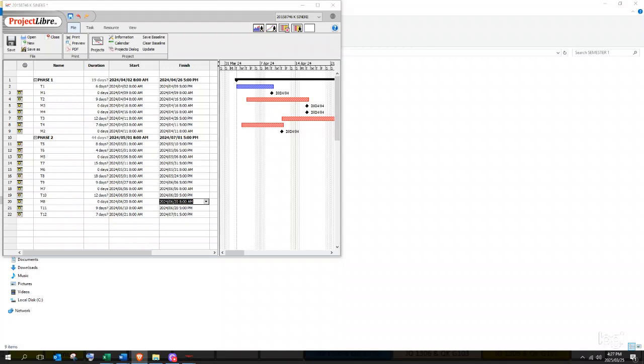So we have M1 until M8, and then all our tasks T1 until T12. So it seems like we have inserted all our tasks and all our milestones. So after this, we then